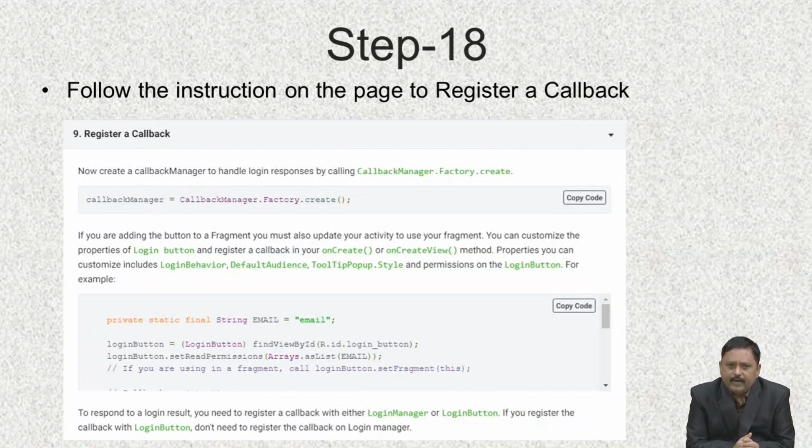So for that you have to add this code in your main activity file at the appropriate position. So follow the instructions on the page to register the callback so that you can know whether login is successful, login is cancelled or there are some errors in login, right?